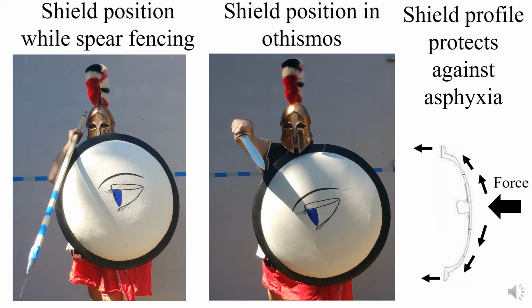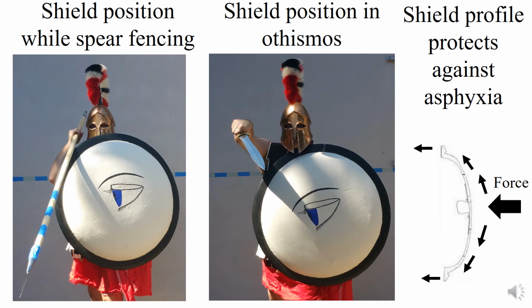And the way this works is this is a profile of the aspis here. The depth of the shield is such that it rests on the upper chest and the front of the left shoulder on the top, and on the bottom it rests on the left thigh. And what this means is that you can't crush the collarbone, upper chest, shoulder, or thigh all that easily. So as long as that shield doesn't give way, you can remain breathing because it arches over the soft parts